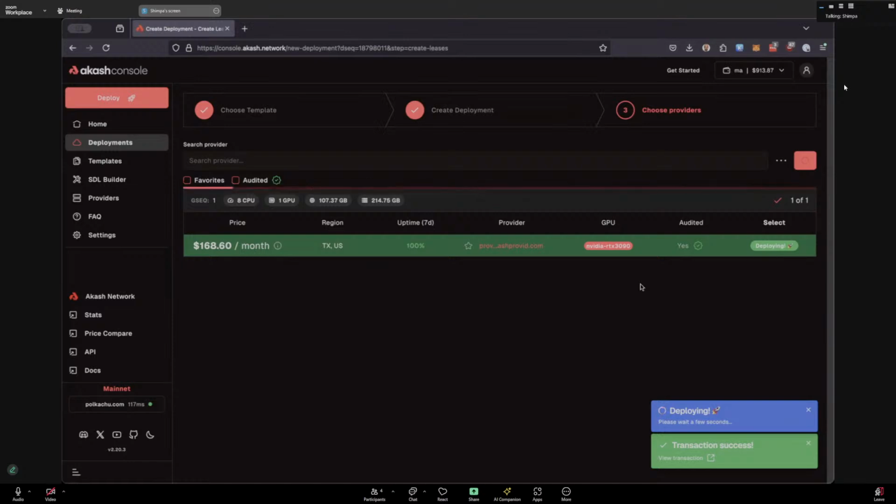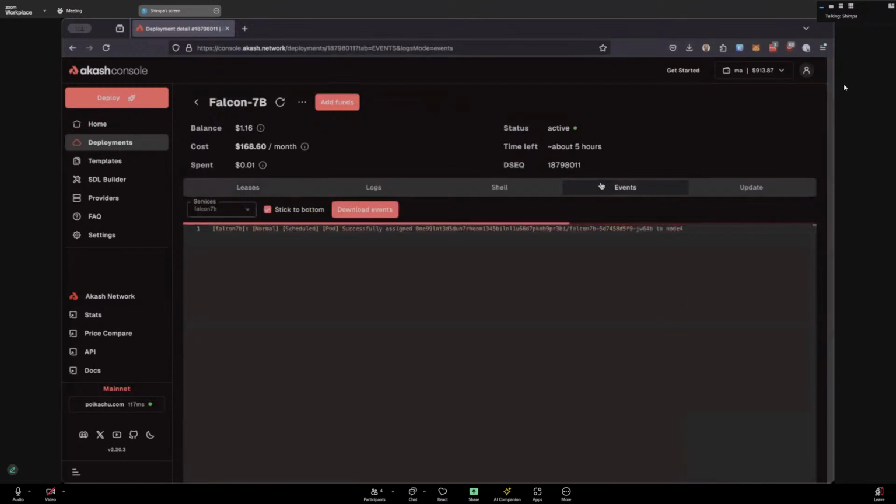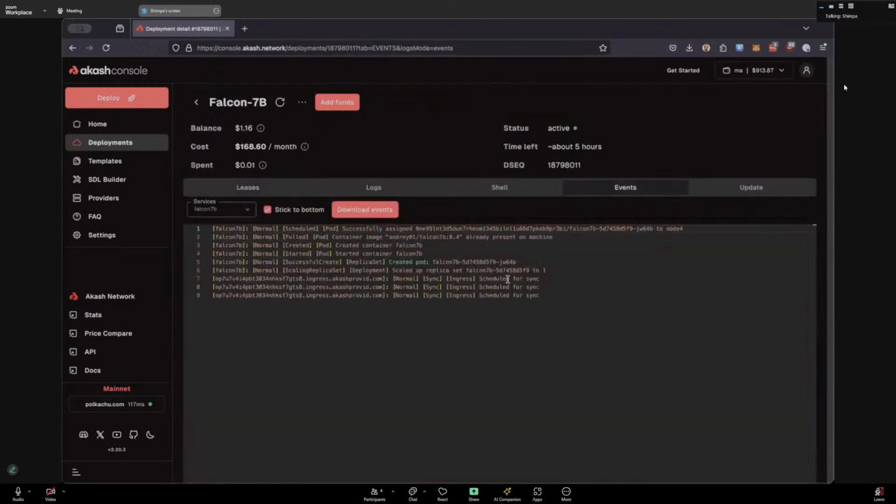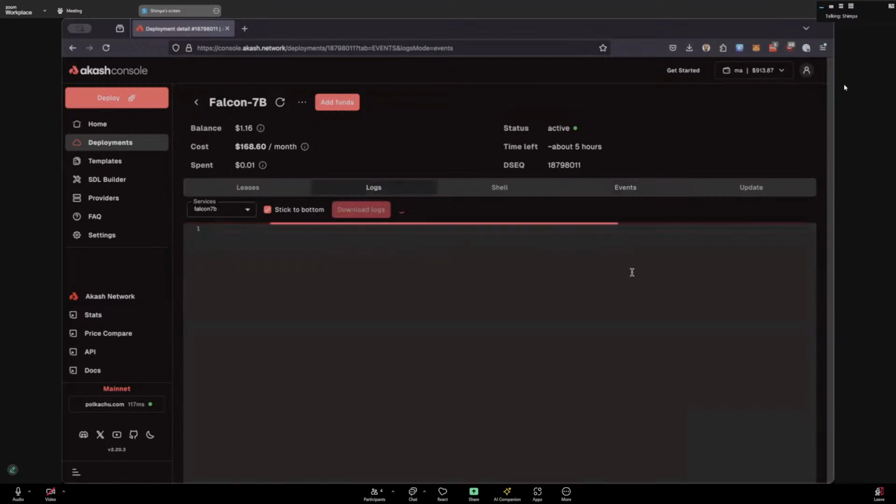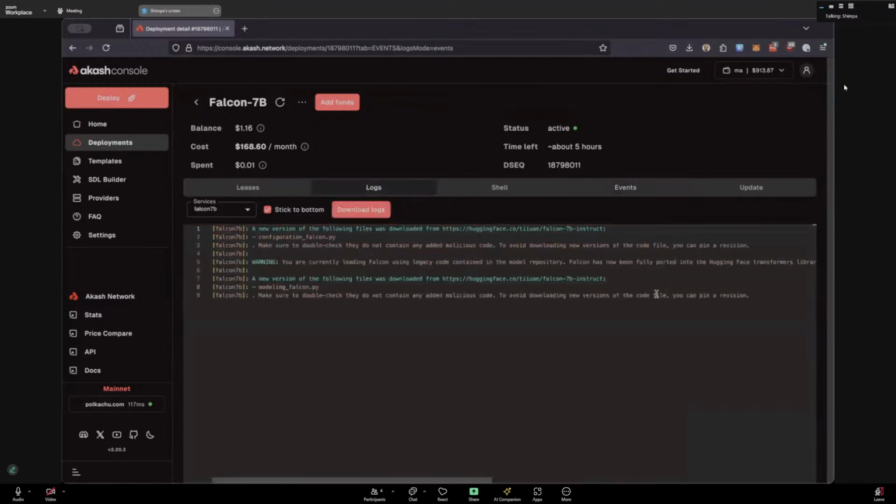Once we have chosen our provider, we'll accept the offer. And this screen is basically, the providers are basically Kubernetes clusters. So these are Kubernetes events that are being displayed here. So yeah, we need to wait a bit for the, okay, it actually started. Okay, the container has started, and then we can click on logs and we can see